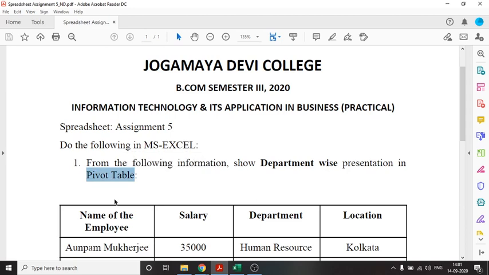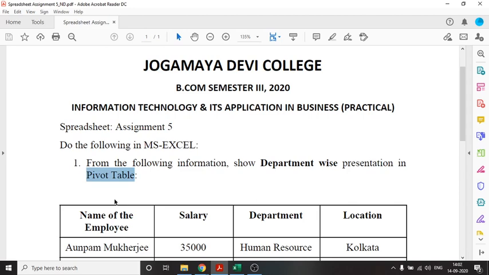Now what is this pivot table? A pivot table is a table of statistics that summarizes the data of a more extensive table, and that data may be collected in the form of a table from a database, from a spreadsheet, or from any business intelligence program.